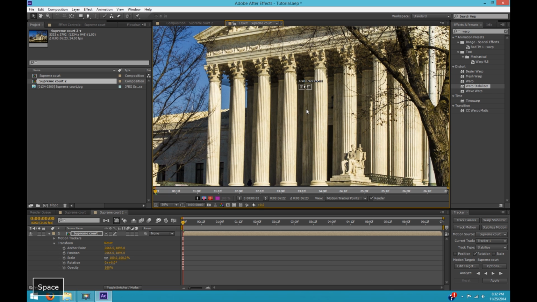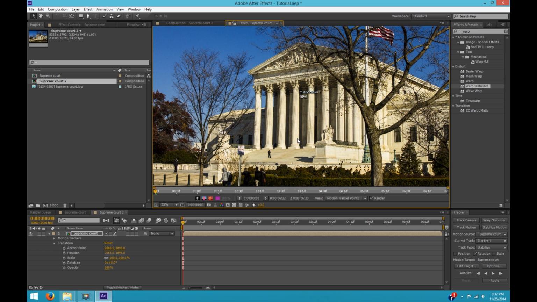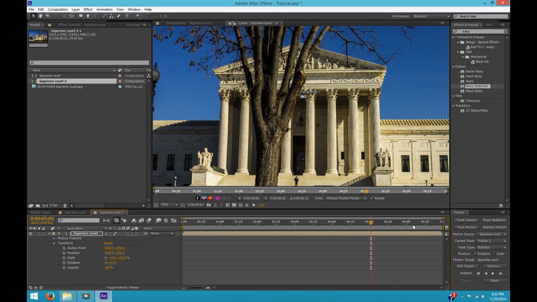Now in this case I want to choose a pair of tracking points that are ideally on a vertical line, so we have a lot of good candidates here, these vertical pillars. Or if it's a horizontal line, it should be near the height of the camera. If it's not vertical and it's not horizontal near the height of the camera, as I pan around, the angle of these things will change.